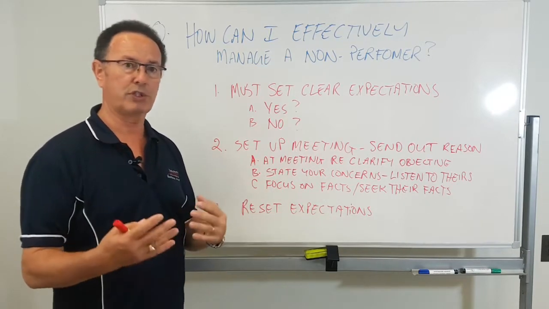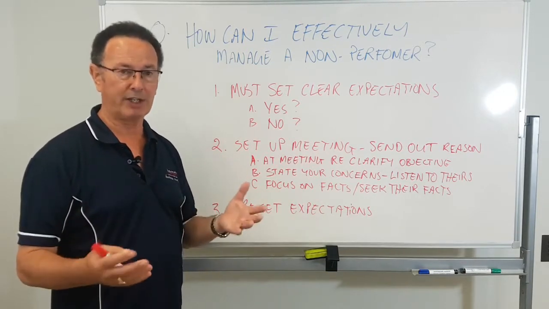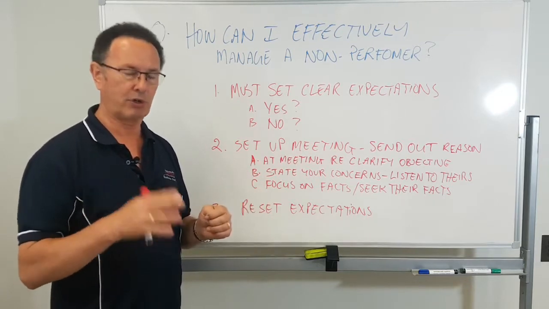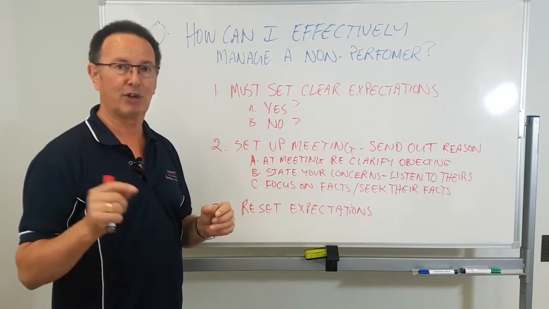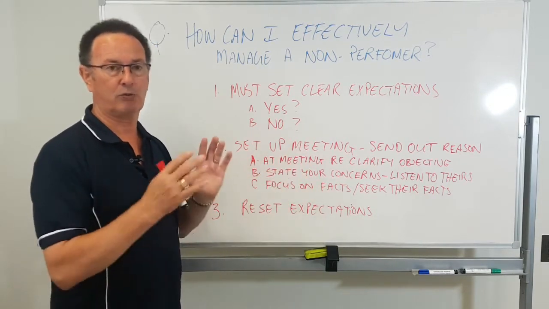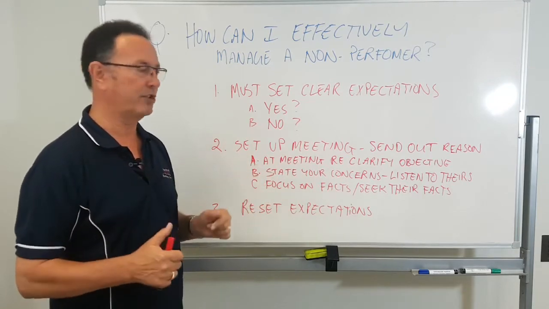So of course, what you need to do is you've identified the non-performance, you've gathered your data, so you need some real facts. You focus on the behaviour, it's not about the individual. So what did they do or not do, and what did you request of them, and was that clear? And then you can have that conversation.